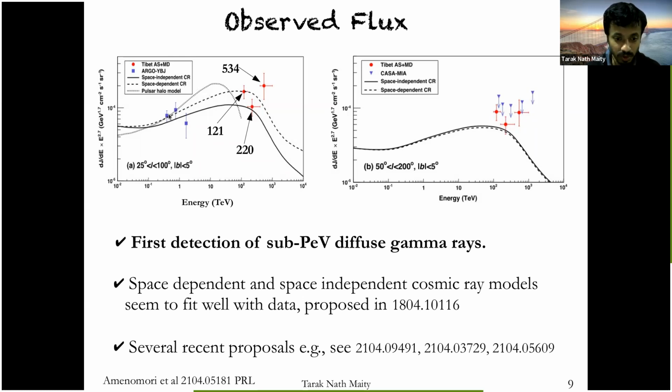So these blue points over here represent the diffuse gamma ray flux that has been measured by the Argo-YBJ experiment. As you can see, even within 2 decades, there is no observation. So what it essentially suggests is that this is the first detection of sub-PeV diffuse gamma rays. And for this panel also,